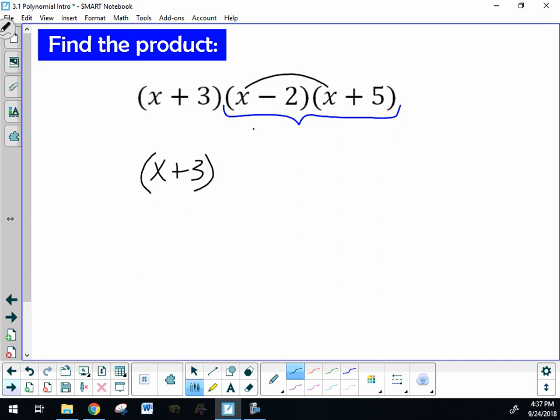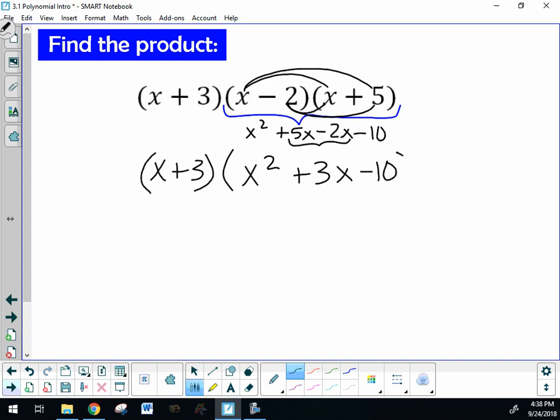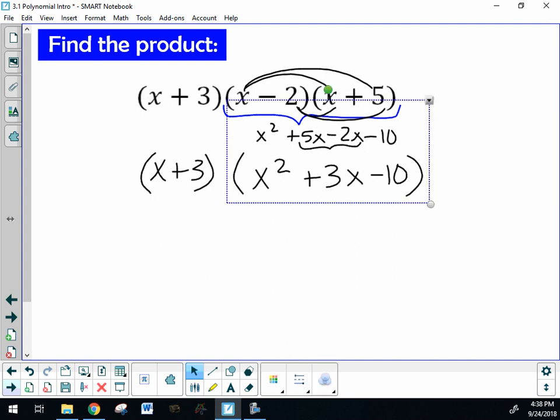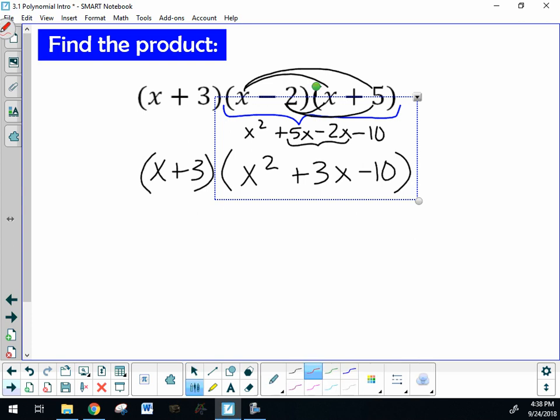Well, if I distribute that, and I combine my like terms, I get x squared plus 3x minus 10. So now I need to take that x squared plus 3x minus 10 and multiply it by the x plus 3. Whoops. So if we distribute that,